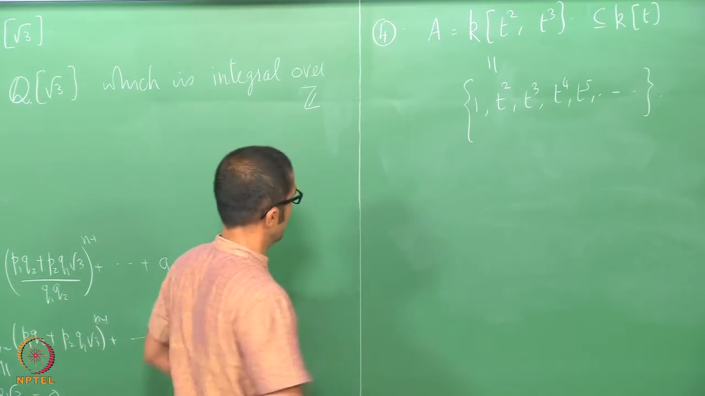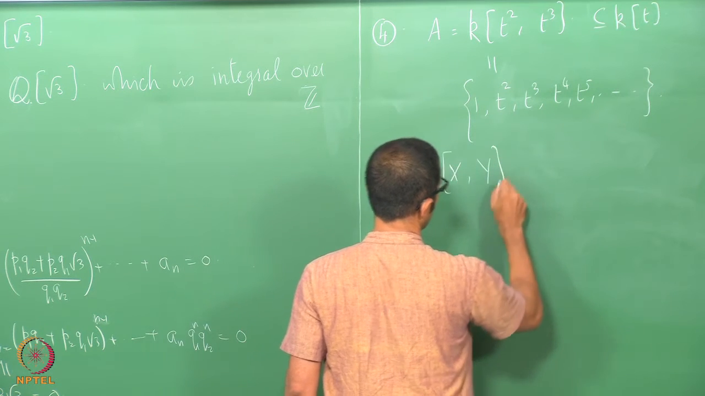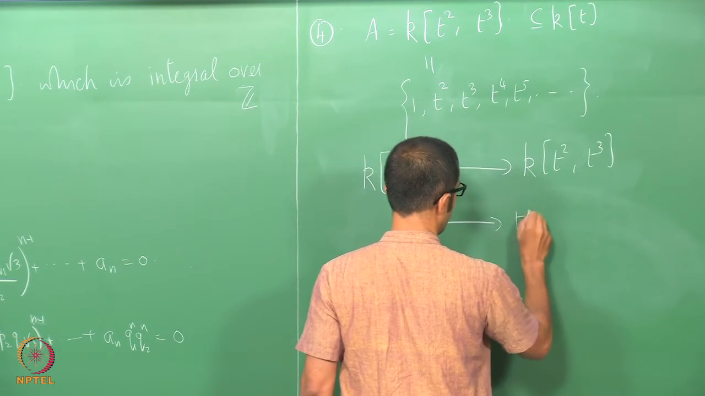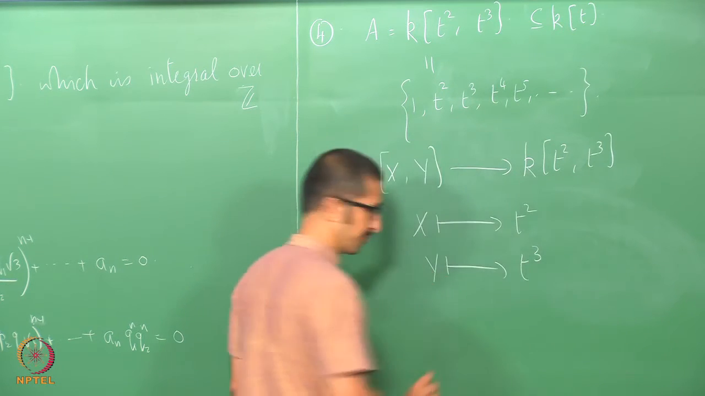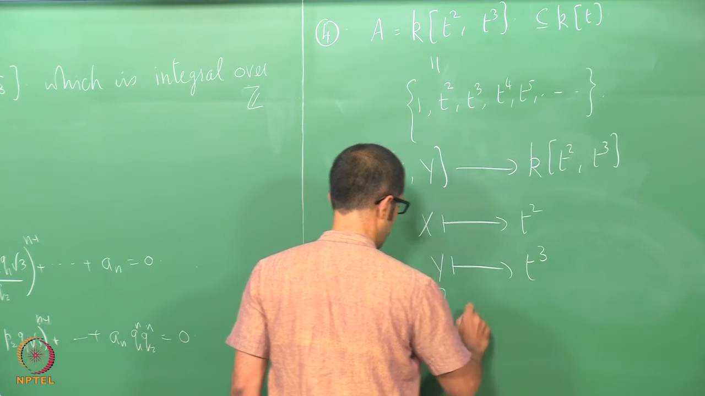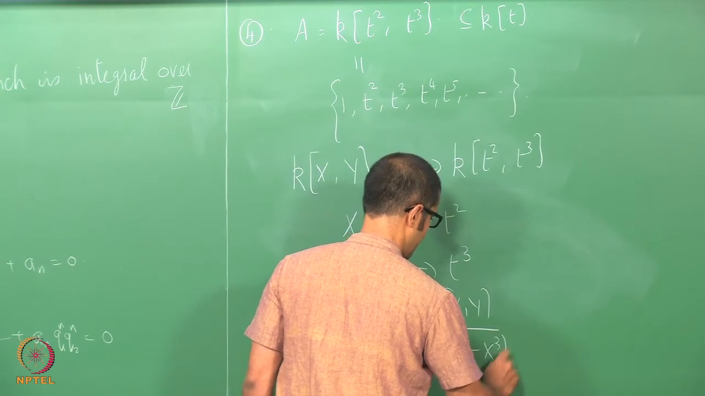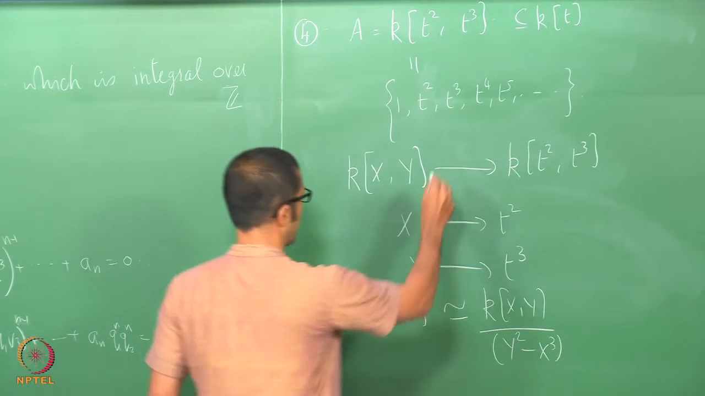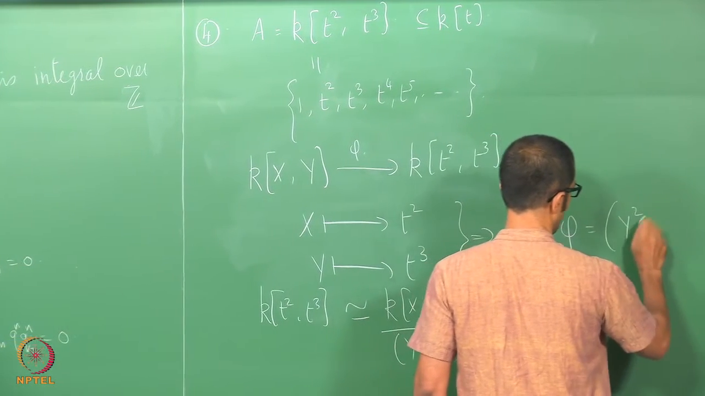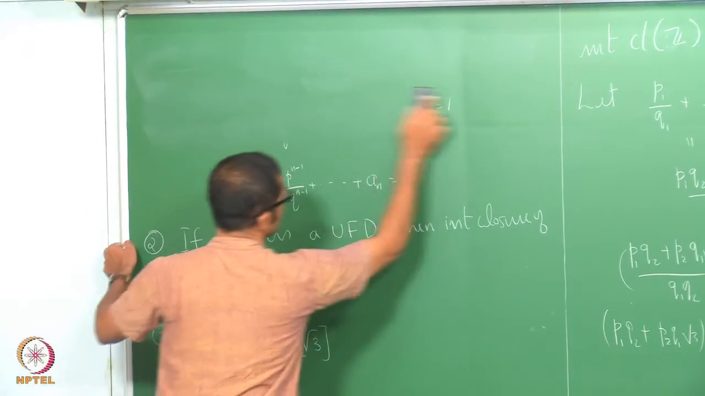Now this ring is, see if you look at the map k[x,y] to k[t square, t cube], x going to t square and y going to t cube, then this k[t square, t cube] is isomorphic to k[x,y] modulo y square minus x cube. The kernel of this map, kernel phi, is